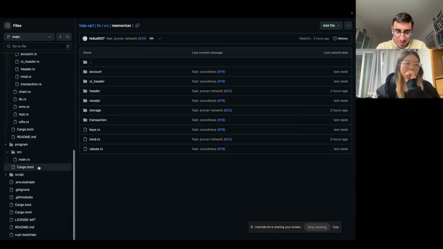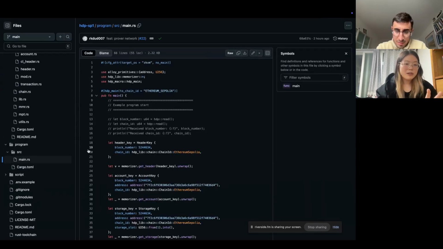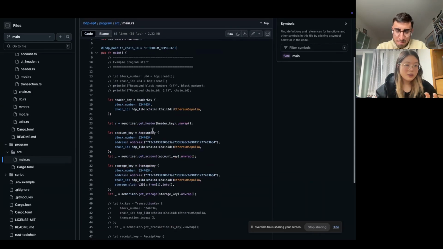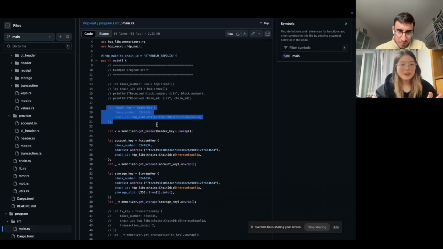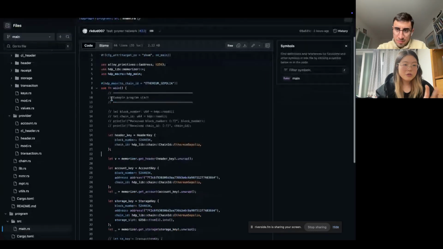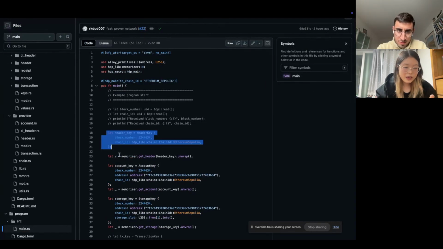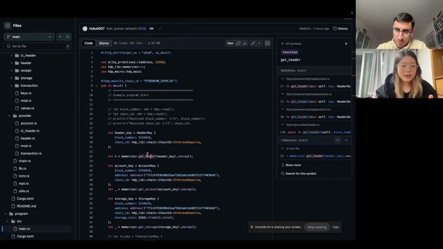Okay. So I just mentioned conditional compilation, and this part is pretty interesting. This is the part that the user sees. The user just defines the key, and uses the memorizer and some exposed methods that look very intuitive. You just identify the value that you want to get, and you get the value. Simple. But what is happening behind the scenes is